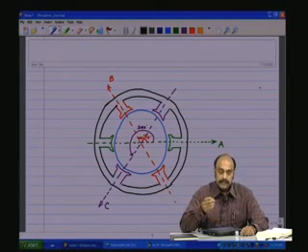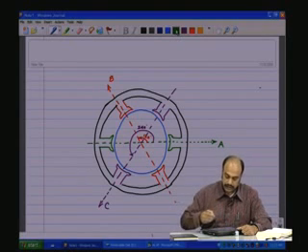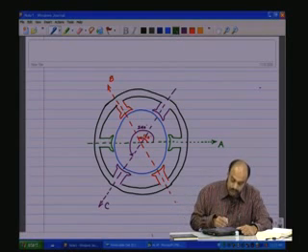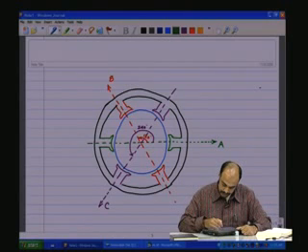Now let us say we have the three phases, and let me take the A phase, and the A phase you have a coil as shown here on the stator,